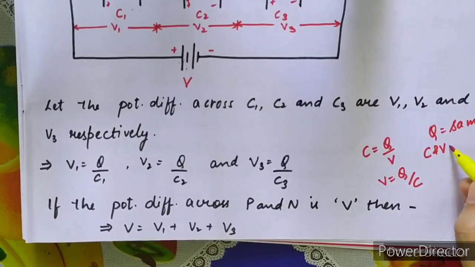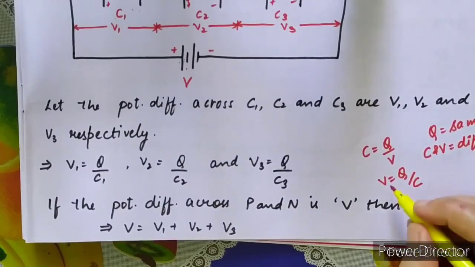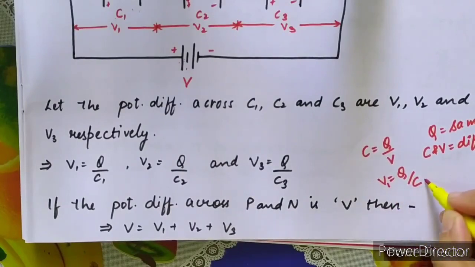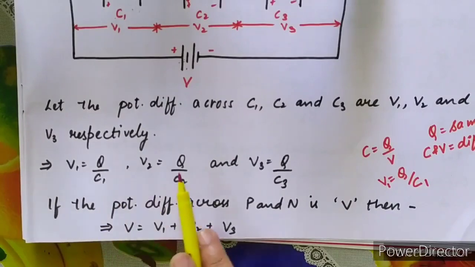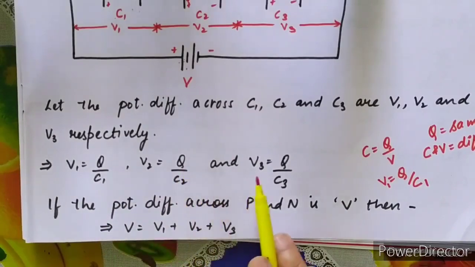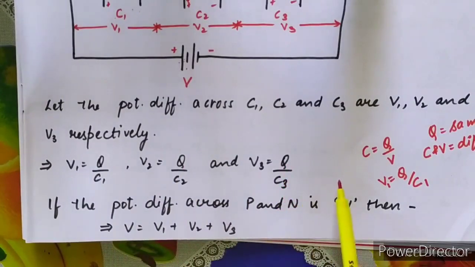Capacitance and potential is different on each plate. So for V1, it will be C1. Okay, so V1 is equal to Q upon C1, V2 is equal to Q upon C2, and V3 is equal to Q upon C3. If we have connected 4 capacitors, then further we have V4 is equal to Q upon C4